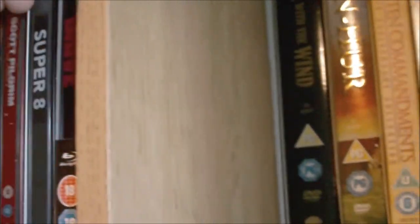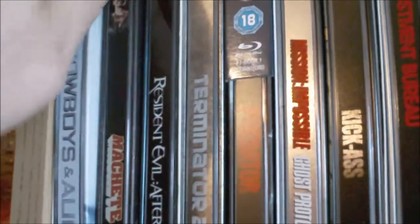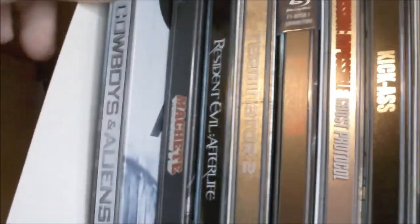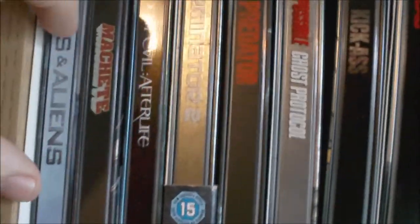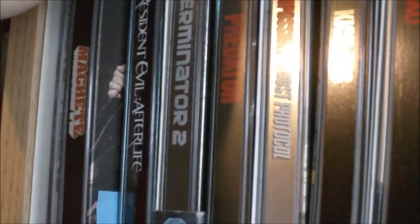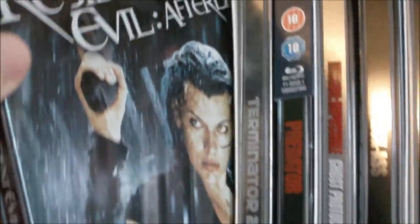Super 8, Drive, and here we've got Cowboys and Aliens, which I've still not watched. I can't really manage to get through that film, it's total crap so far. I'll have a bash at it, hopefully I can manage to finish it, if not I'm selling it. Machete, Resident Evil Afterlife,